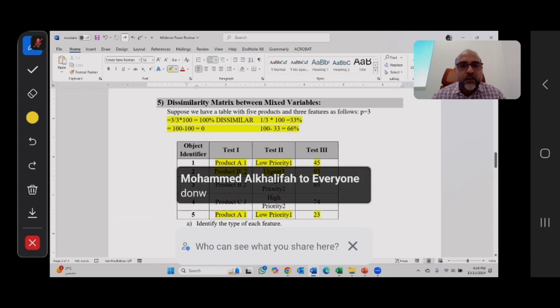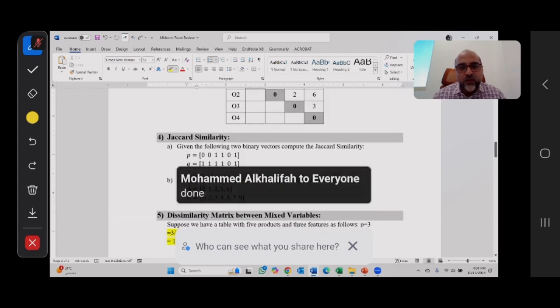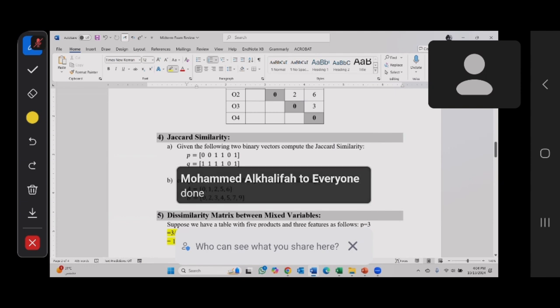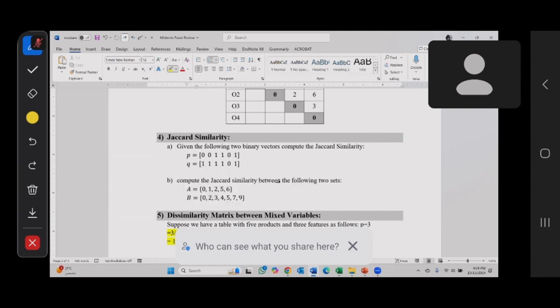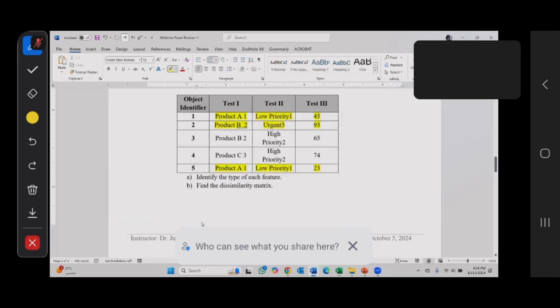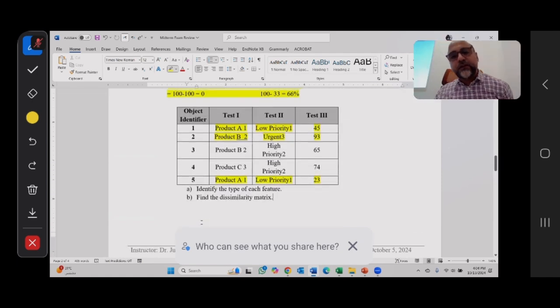Okay, done. Excellent. Now let's look at more examples of Jaccard similarity. What does the question mean if you find the feature for each? So what is the question? Identify each type of feature. So this is the way you write it. I already told you this is